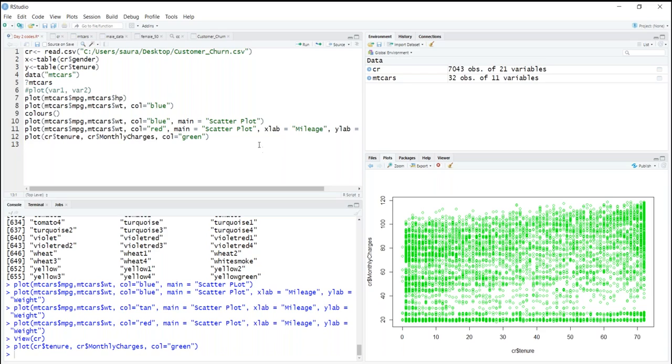So I hope now you can practice or perform a scatter plot. Shall we move to bar plot? CMS big data is a very different kind of field. So let's start with bar plot. Okay. So for bar plot,